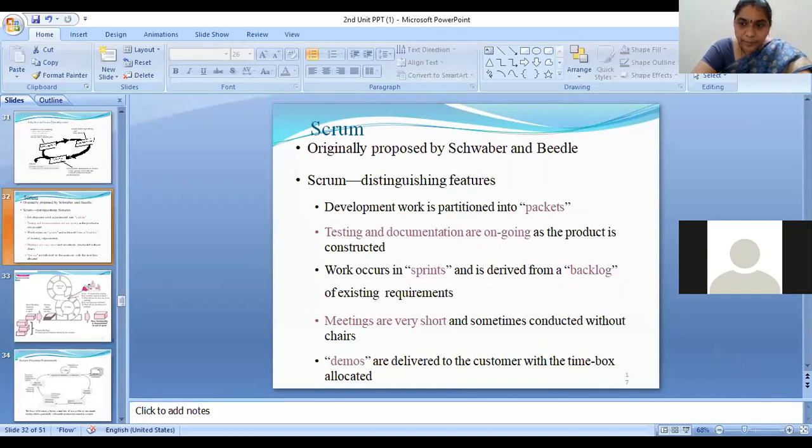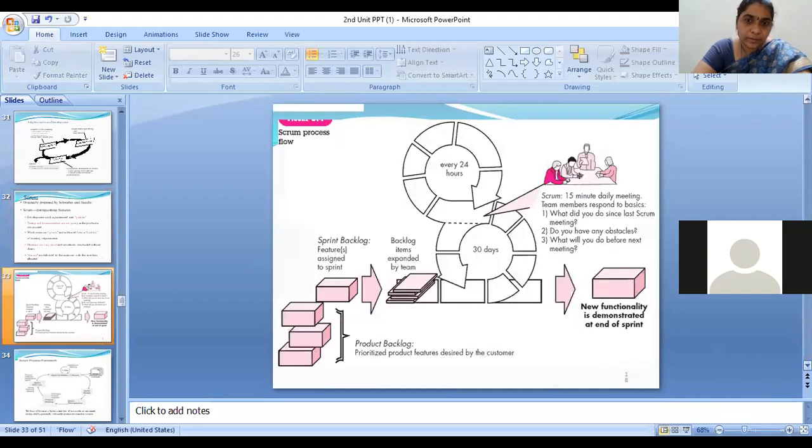We covered the Scrum topic in the last class. This is the most important model among agile, which follows agile methodologies. It is mostly used in industries. Apart from this, there are other models also, but compared to all those, Scrum is the mostly used one in software industries. Now coming to the Scrum framework, we saw this life cycle.